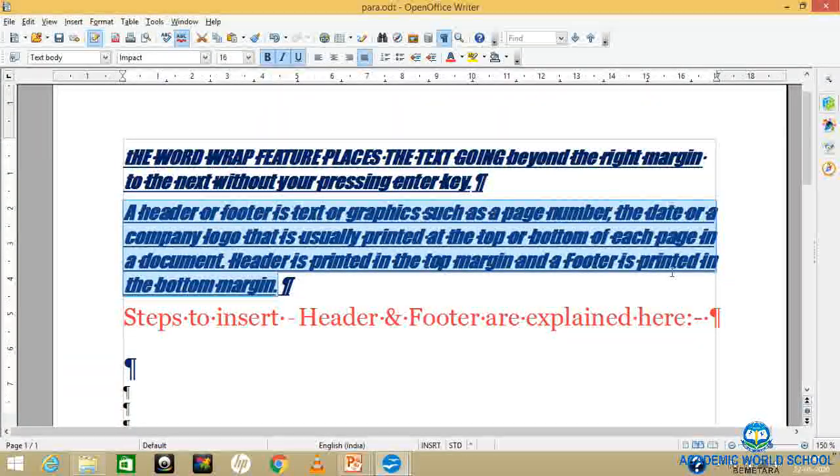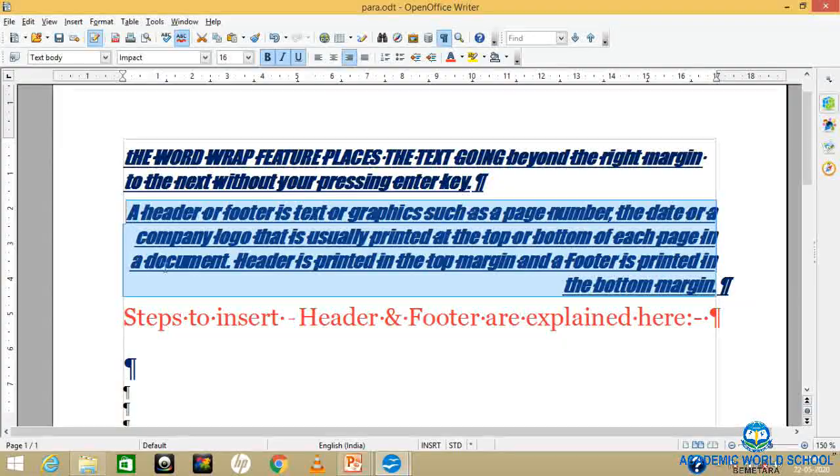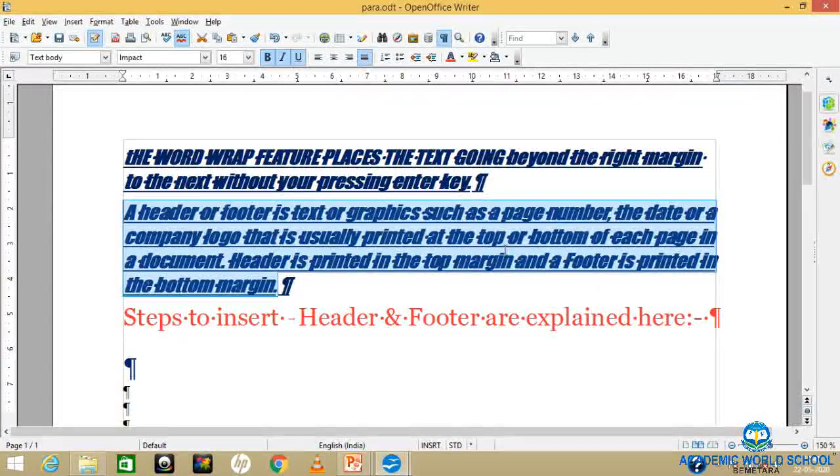If I select center, the matter will appear at the center of the page, and right aligns it to the right side of the page. In justify alignment, the space to the left and right is maintained properly.